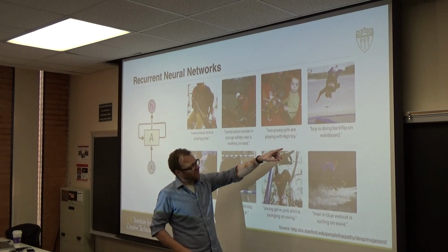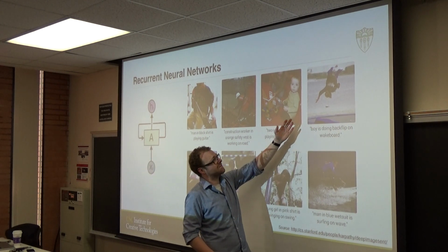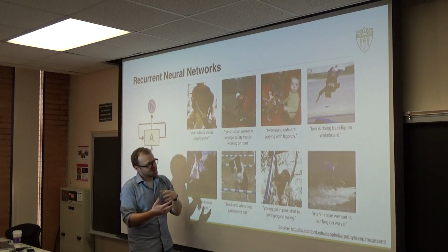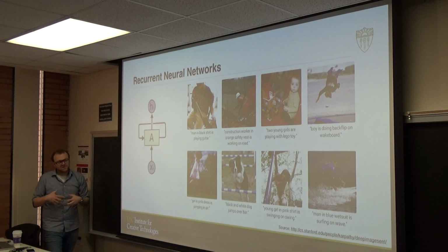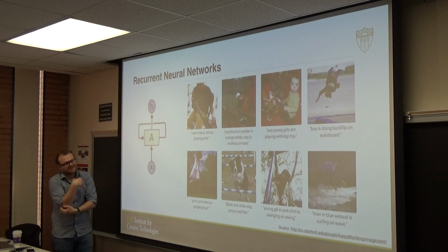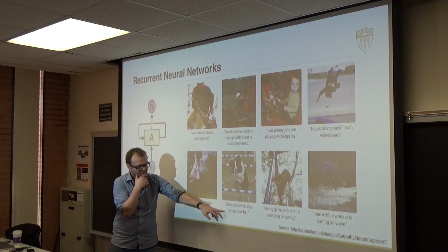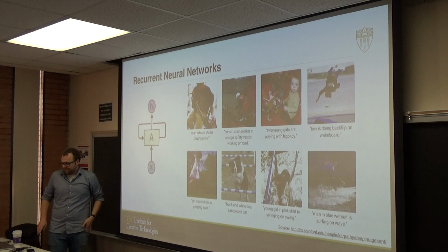So it learns something related to what's going on, even though it's not completely accurate. Or "A boy is doing a backflip on a wakeboard." Well, there is water, he's doing something like a backflip, but there's no wakeboard, right? So it learns something about this image, but it's not completely understanding, but it's very impressive what's going on. But this, for example, is perfect. Nobody would describe that in a different way, right?